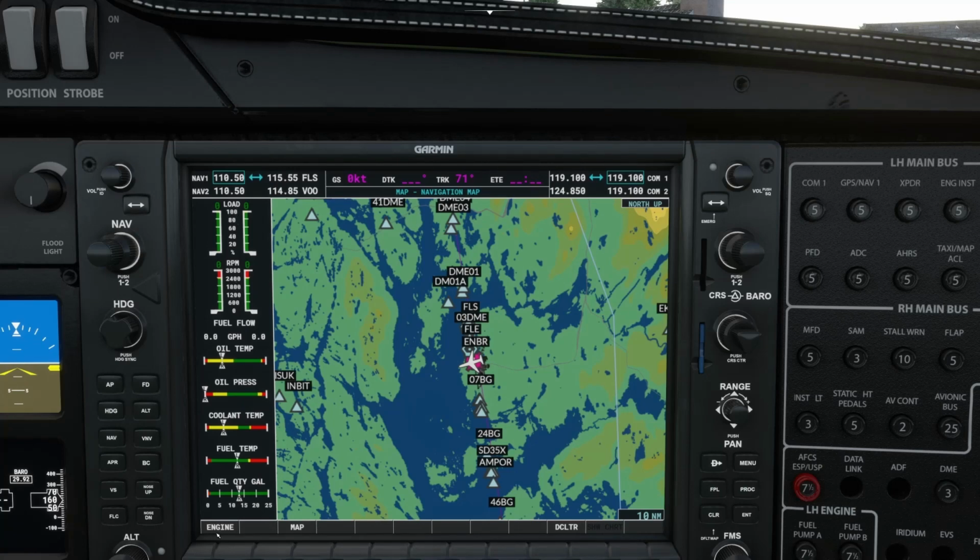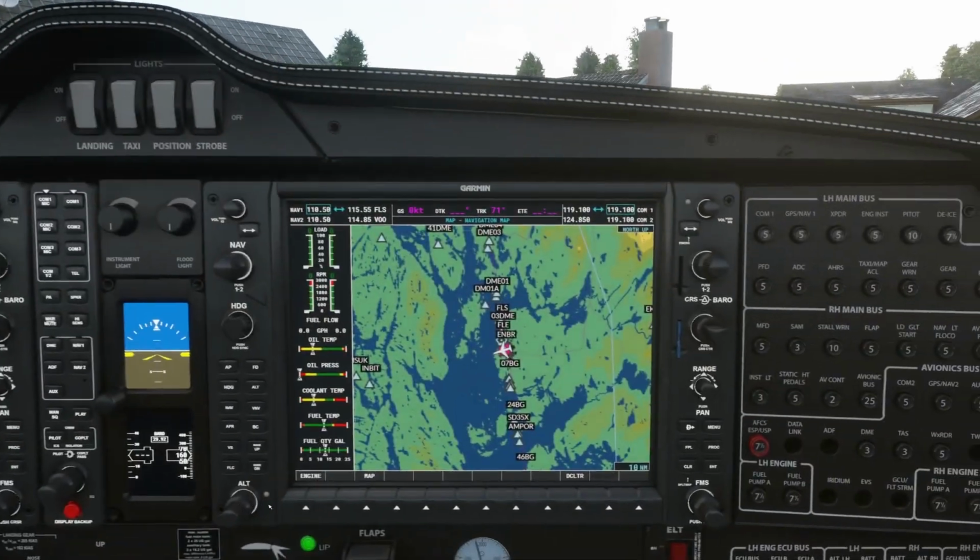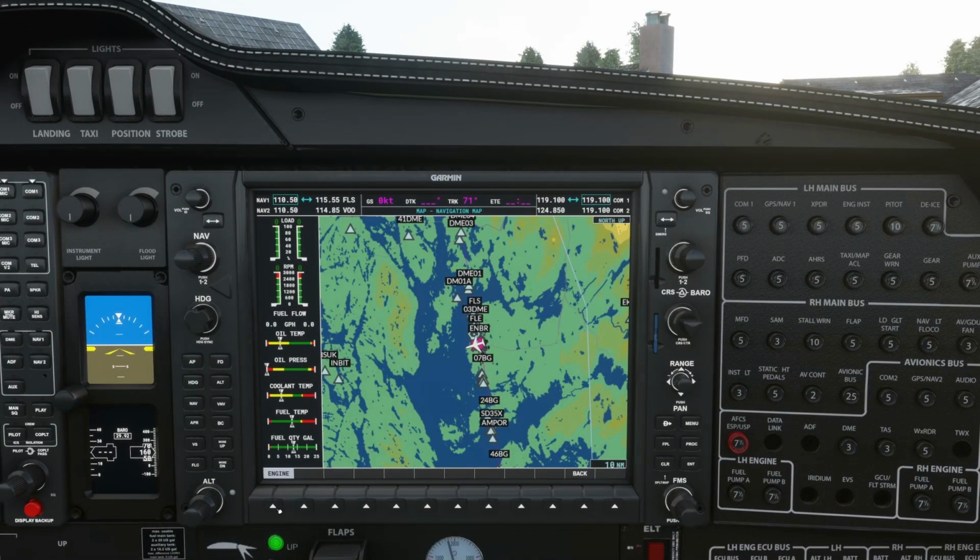Okay, this is a part of the new mod, but I don't actually know what it's doing, to be honest with you. You click on engine and you'd have thought it would have given you more engine readouts, but it's not actually doing anything. So yeah, I don't know what that's about.